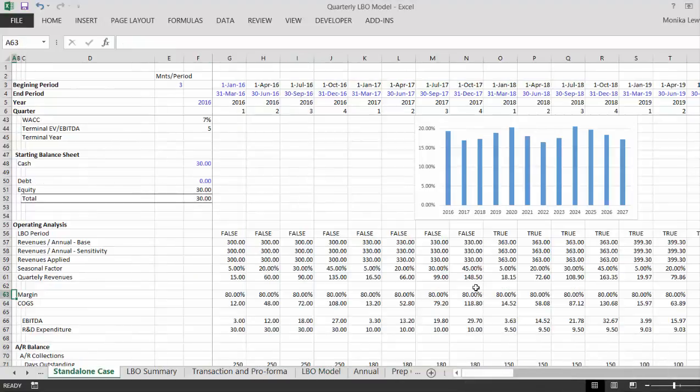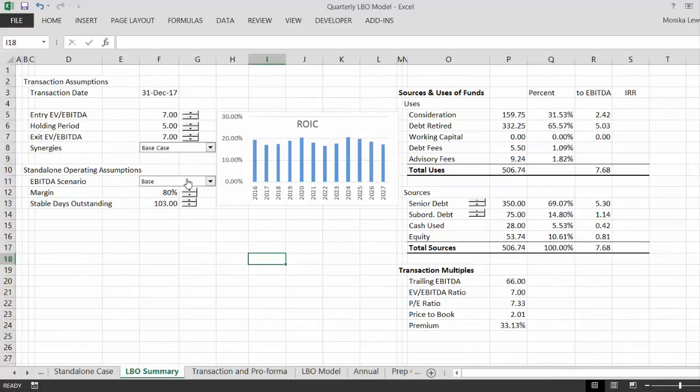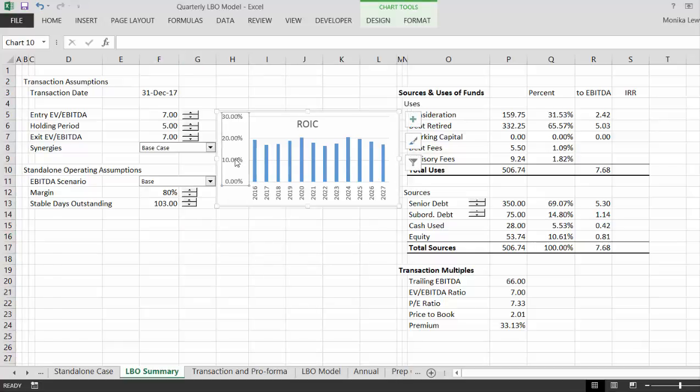Okay, after I got that phone call, what I did is I put an LBO switch here. This just says if it's the LBO period, and then I added a factor, so we don't change the history at all. We only change these two assumptions, the margin and the EBITDA scenario. I didn't make it with the other one, but we only change those when